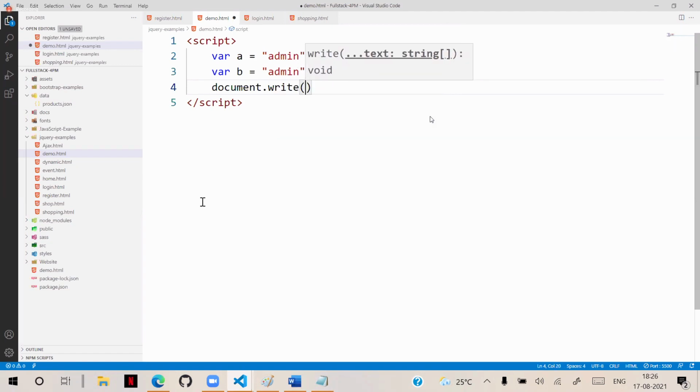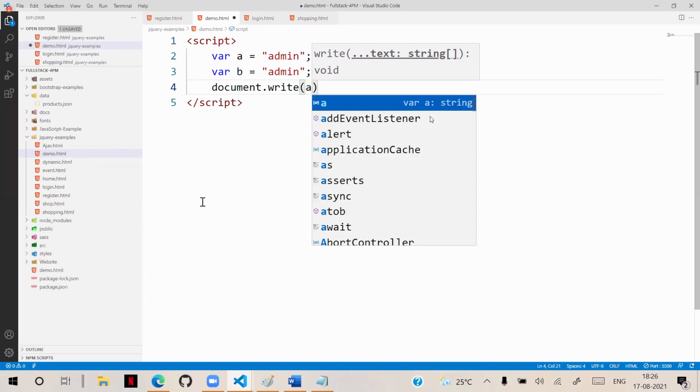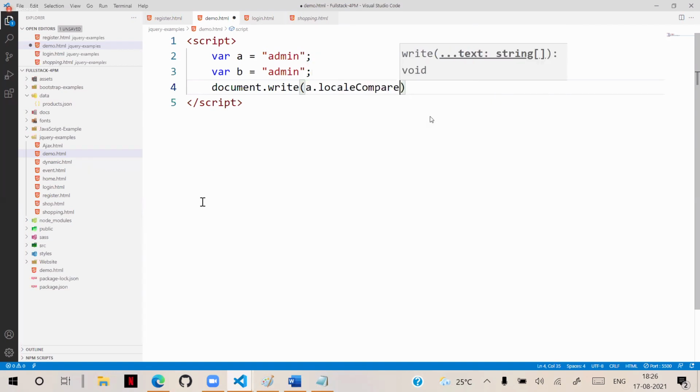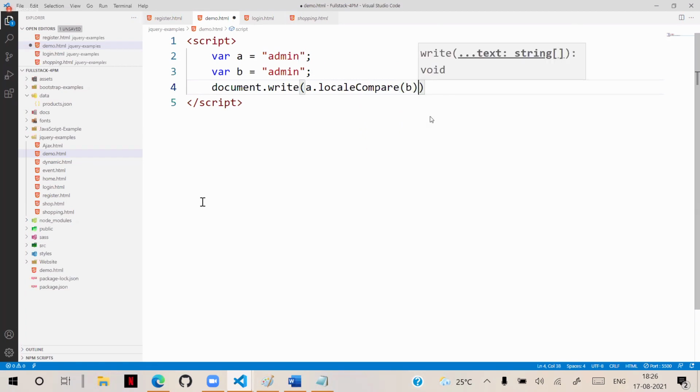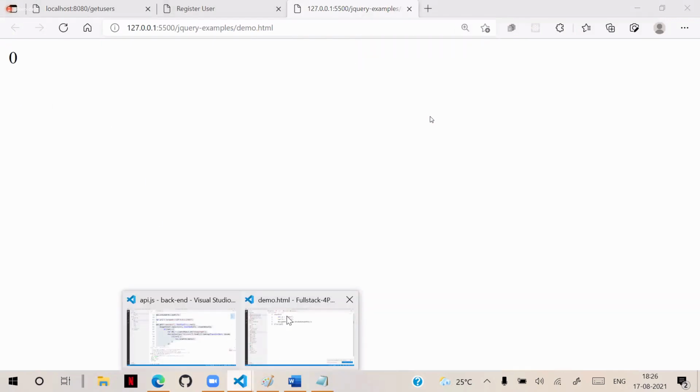That means we are checking here, a.localeCompare, with which string you need to compare, it is with b. It is locale compared with b. And when I run this here, it returns 0.